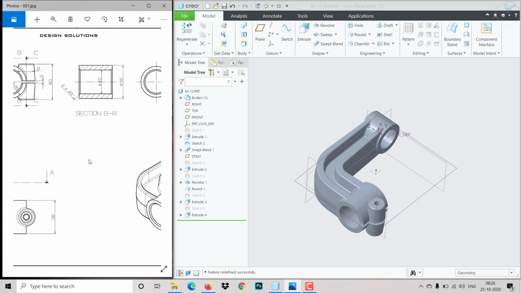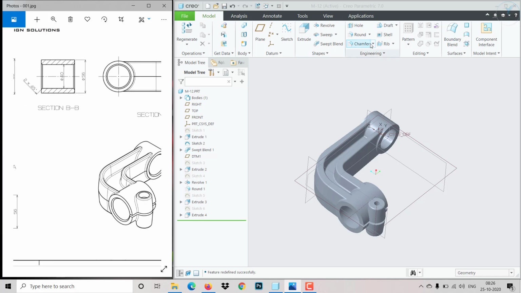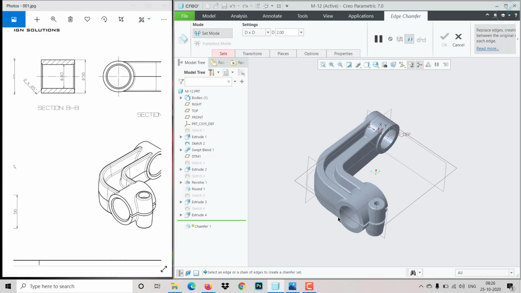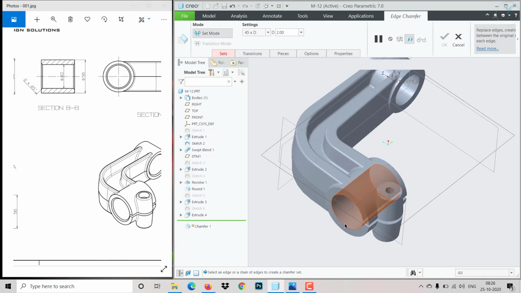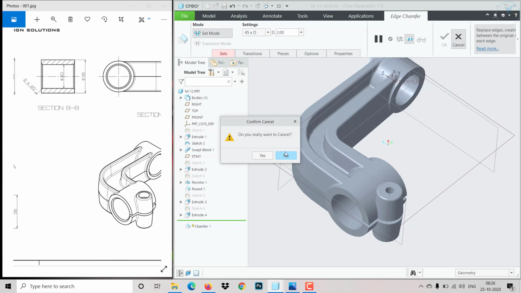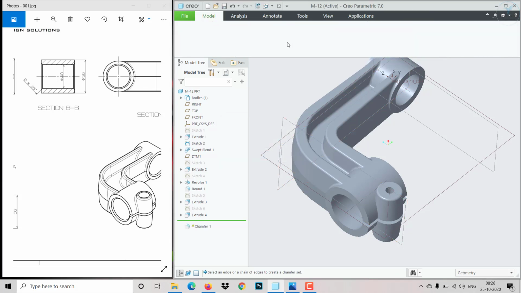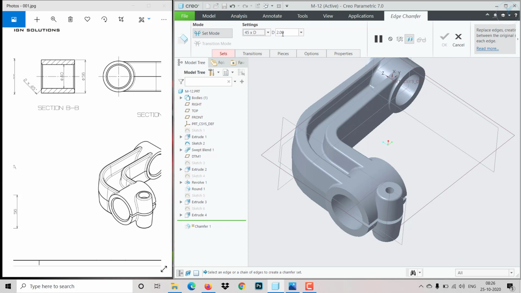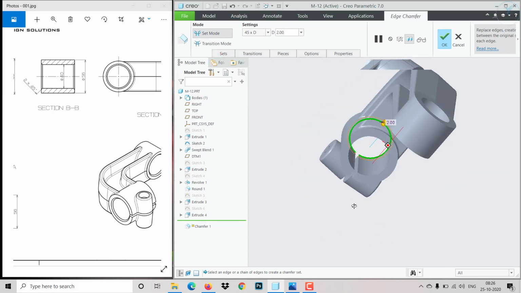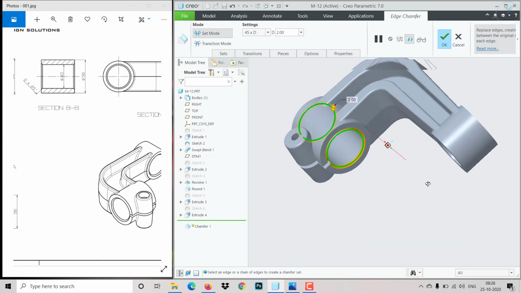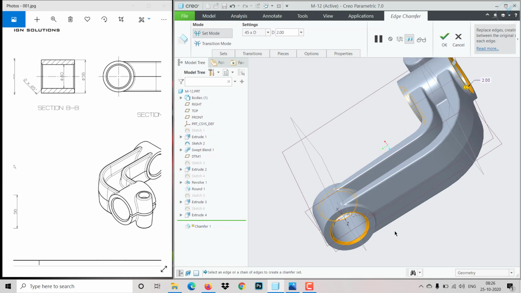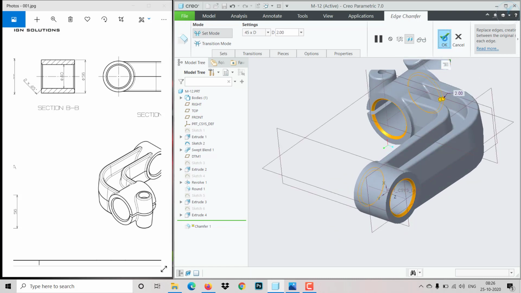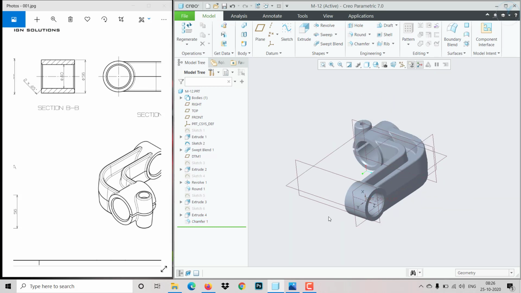So I think a chamfer also is there. Okay. So chamfer, so 2x45. So hold control and select here. So chamfer 2x45, hold control, select the edges, so edges, click OK. So that's it. So we will see